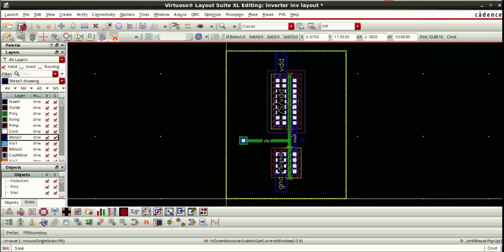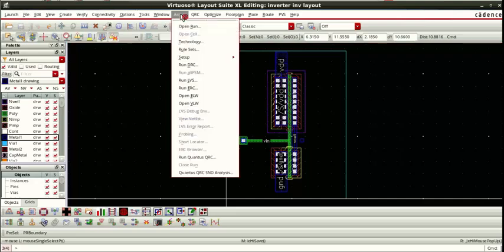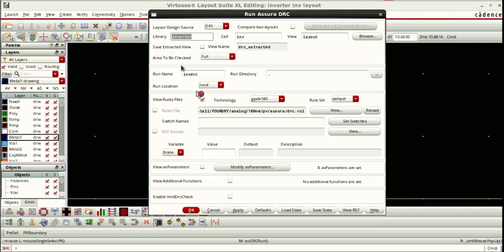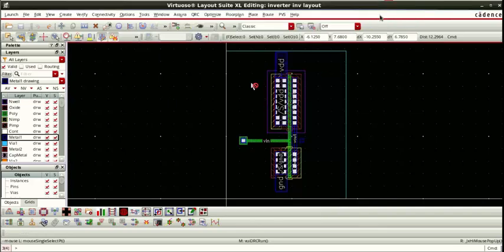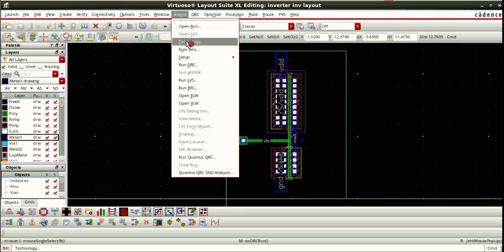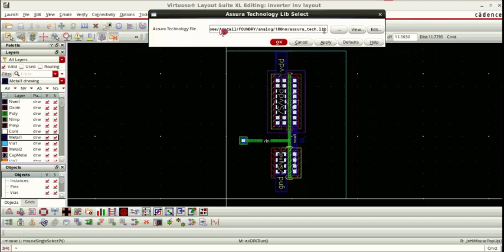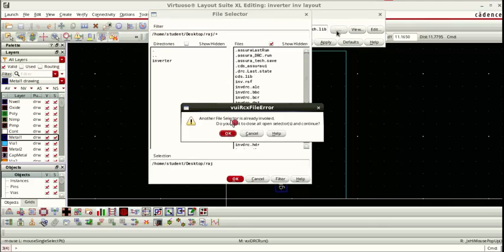So here you can see this save icon, we are going to save it. Now we are going to see whether everything is correct or not. For that we will go to Asura, and before running DRC we are going to technology. But before running DRC, first time we have to connect Asura technology. This is already there because I have done it already, but when you do it the first time you have to connect it, second time it's not required. This is browse, this dot means browse. So we'll click here, double click.